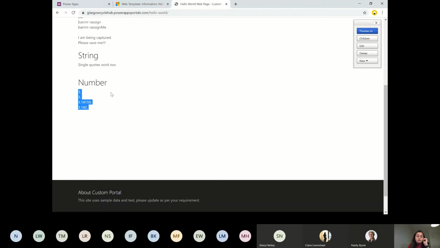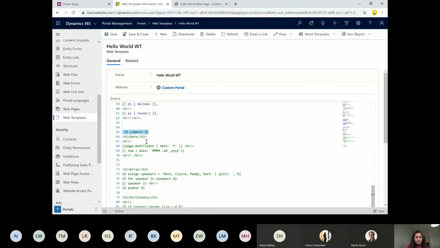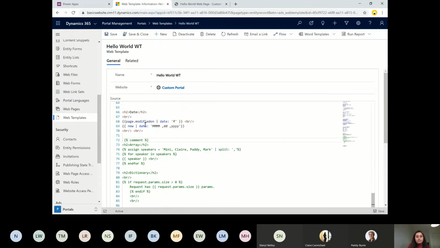If we are going to show some different calculations on the portal, we are going to use this variable, this data type basically. And if we go here, it's again a type of date. So date is basically one keyword, or I would say data type. The Liquid supported data type is page basically, so it's going to use the modified on from the page. And we have date. We are just defining this, and then we are going to display now, and then we have the date in terms of DD, Y.